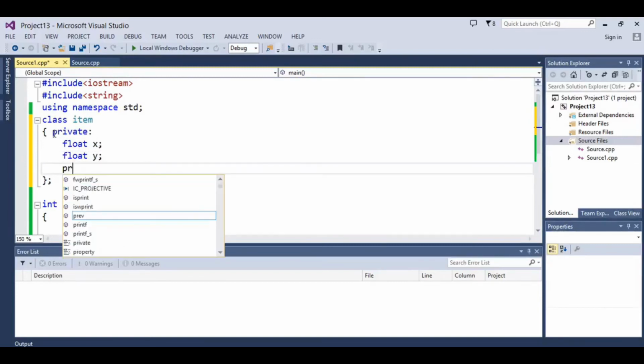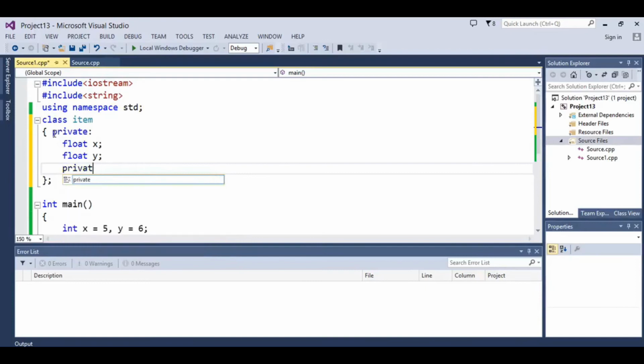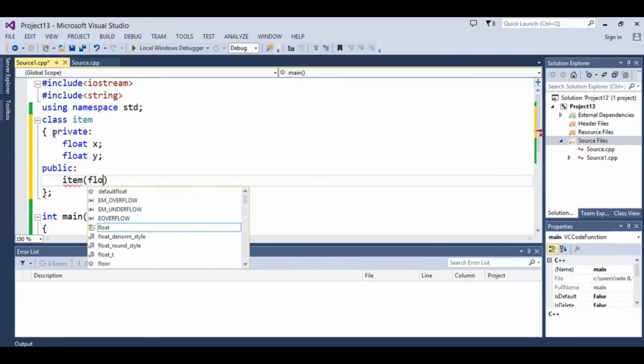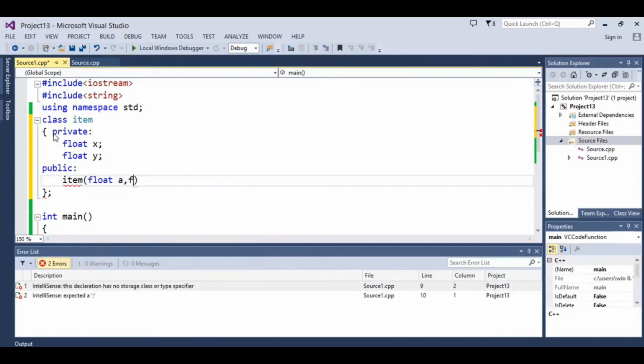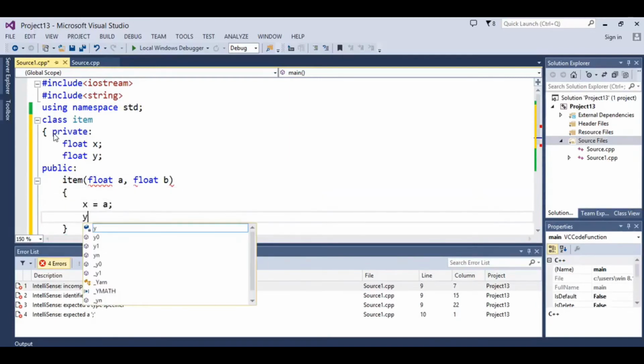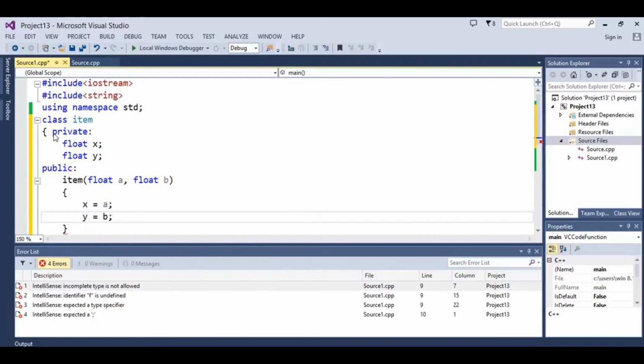And then let's say the class has some public functions. One is a parameterized constructor, taking float a, comma, float b, and then I will assign a to x and b to y. This is my class.